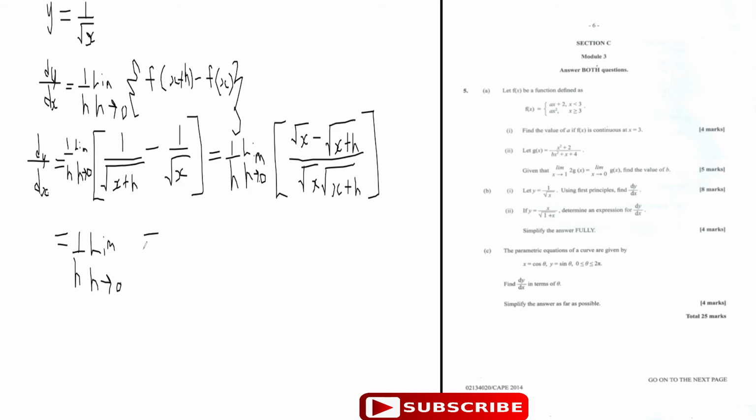Let's write it out first. There's no need to skip any steps. So write root x minus the root of x plus h over root x times root x plus h,